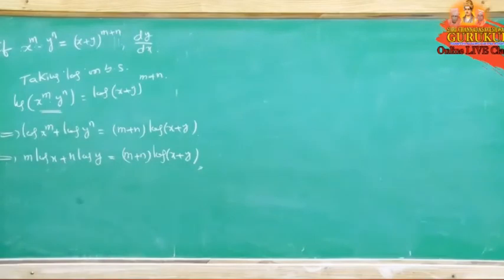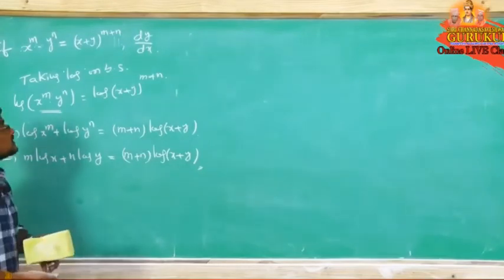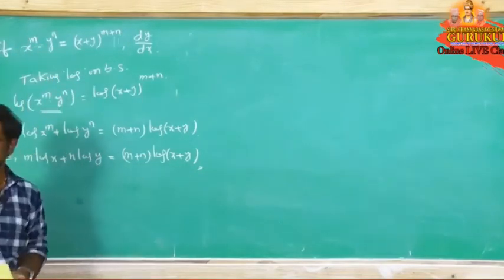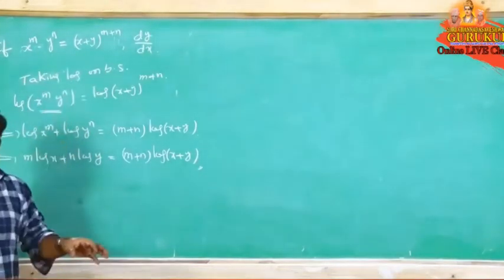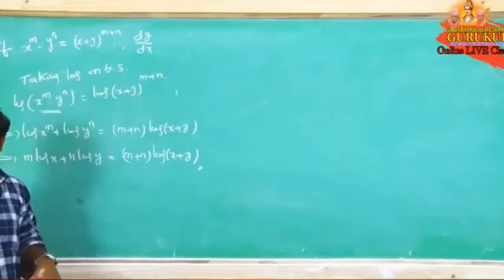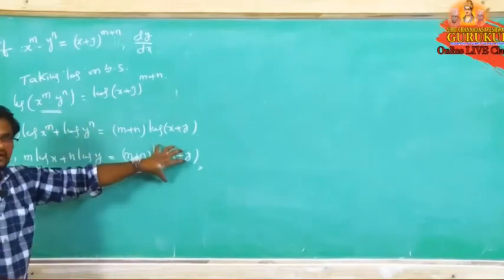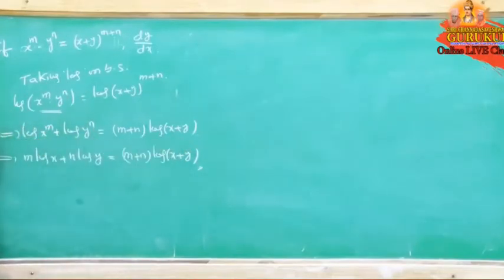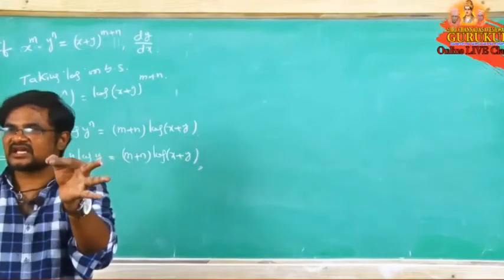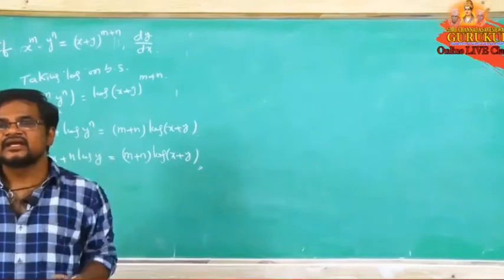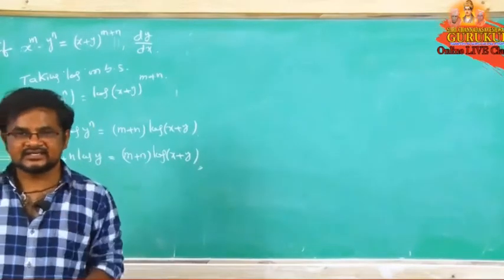This is our simplification. So what are you doing? Directly you are not doing the differentiation; the product rule we are not applying. First taking log on both the sides, after that by the logarithmic properties we simplified this one. Now you got a linear function. For this one, what are we doing? Differentiating with respect to x on both the sides to get dy by dx easily. Right.